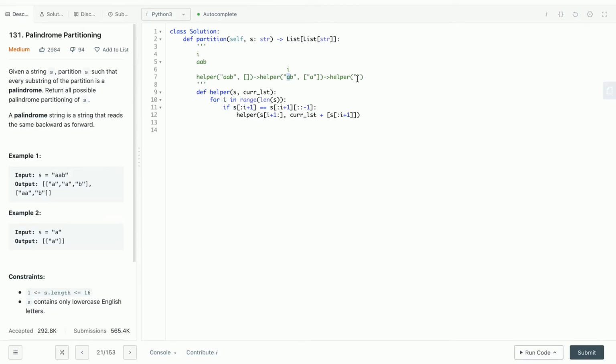So I call helper on the rest of the string, which is B. And then I append, so my current list was A, right? Right now I append the left part into the current list. So it will become like this. Yeah, so helper AB, first of all, I check my left part is a palindrome. So I call